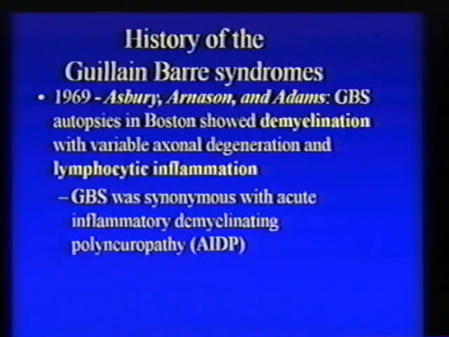In 1969, Art Asbury, Barry Arnason, and Ray Adams in Boston looked for the first time really systematically at the pathology of Guillain-Barre. And what they found was that demyelination, loss of the myelin sheath, and variable degrees of loss of the whole nerve fiber, or the axon, was present. And in addition, there was lymphocytic infiltration. And they equated Guillain-Barre syndrome with acute inflammatory demyelinating polyneuropathy, or AIDP. Now, this was in 1969, and at about the same time,